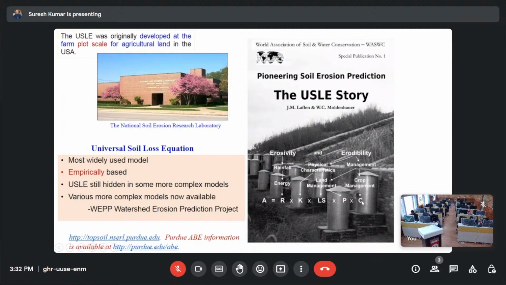The USLE model, if you write it in mathematical form: A means soil loss, EI is the rainfall energy, EI30, where E means kinetic energy of rain, and I means intensity of rainfall over 30 minutes. K is soil erodibility. L is the slope length, field length divided by 22.1 meters, and this is the S. You can say the steepness, meaning sine theta, is the